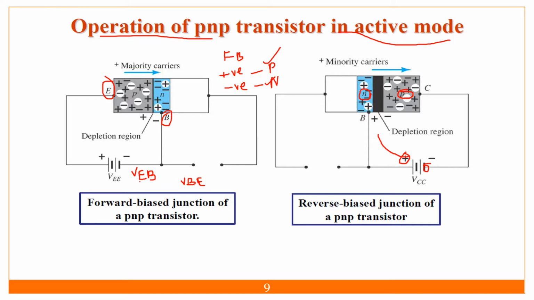If I write it this way, the first terminal is positive, or this terminal is more positive than the base one. The emitter is connected to positive, so I have written it here, and my base is connected to negative. So this supply is VEB. If I write VBE, then my base is connected to positive and the emitter to negative, or my base is more positive than my emitter terminal. So here the first condition holds, that the supply is VEB.